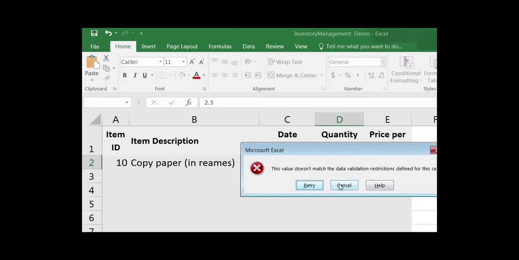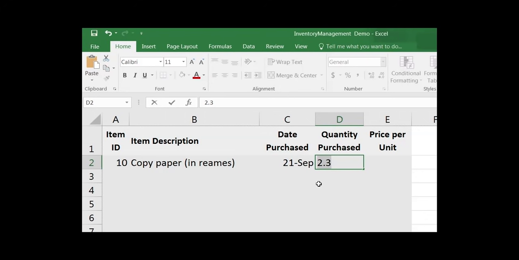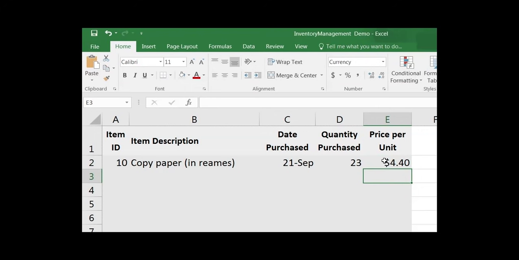Proved my point. 2.3 is a decimal, and it has to be a whole number. So let's enter a whole number. Yeah, that's a lot, but we'll fix that after. I'm just trying to give you a demo. So unit price, how much does a ream of paper cost? Let's say for now $4.40,